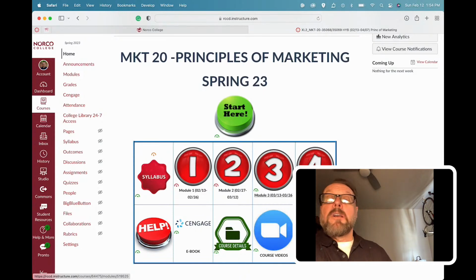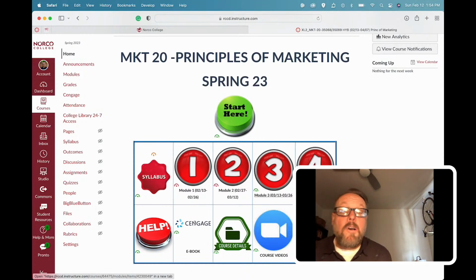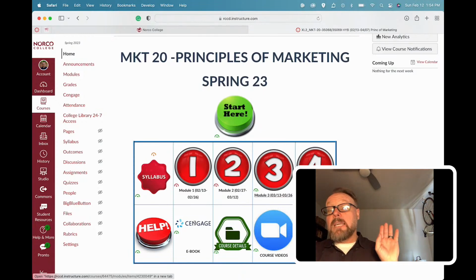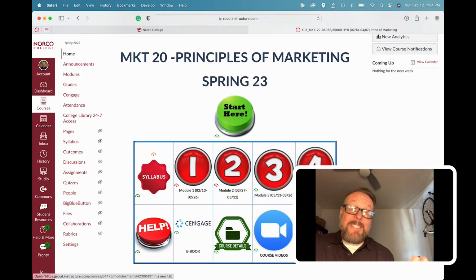And then right below module 1, you have the Cengage link. So you do not need access codes or anything like that for this class. You can get a textbook anywhere. You can rent one, you can buy one, you can get a used copy, or you can use the ebook that's linked to the class. There's no other portal you need to go to, so you don't need access. It's like $40 to just do it right here.